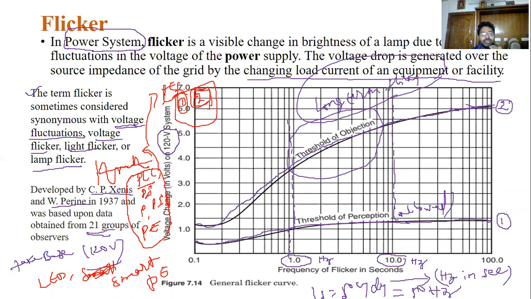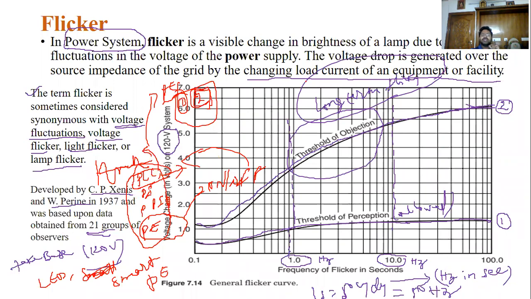You know that automation means they are using some PLCs, programmable logic controllers. In the logic controllers, we are using some power electronic devices. A small change in the voltage levels will lead to the turning on and off of the power electronic devices changing. So this will impact the entire control system. Sometimes they may burn, and they may even lose the entire PLCs. So a huge economic loss will happen in the industries because of these flickers.